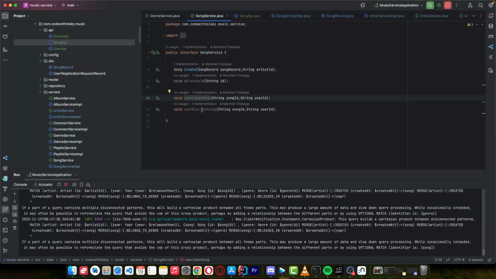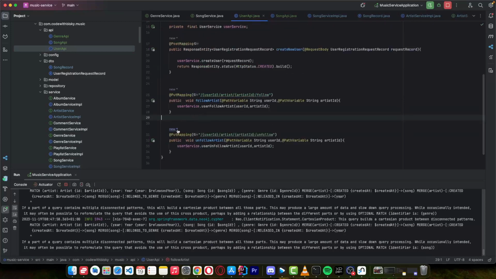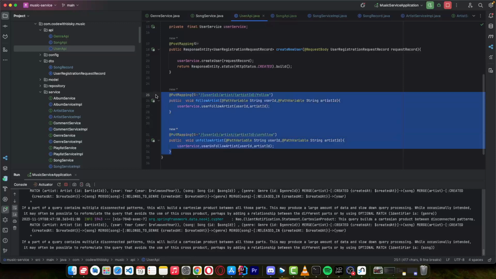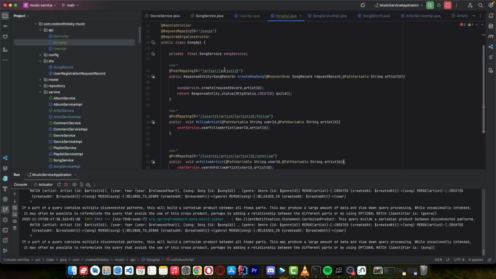User like a song and user dislike a song, so we can add this also. So let me just come and copy. So we have a song ID and user ID. So let's come back to our user service. We have something similar like this, which is to follow and to unfollow. So let's just copy this and come to a song API. It's going to end the